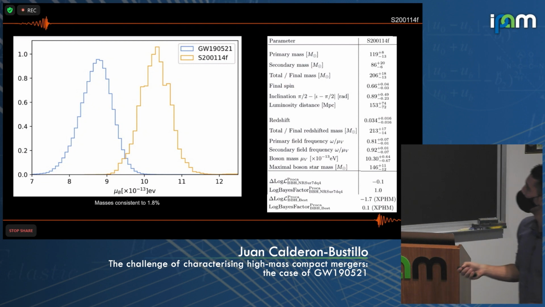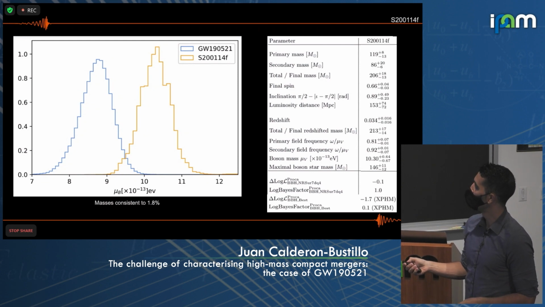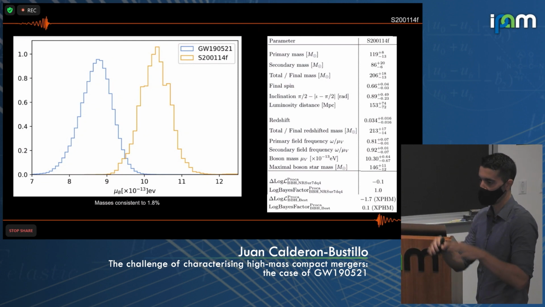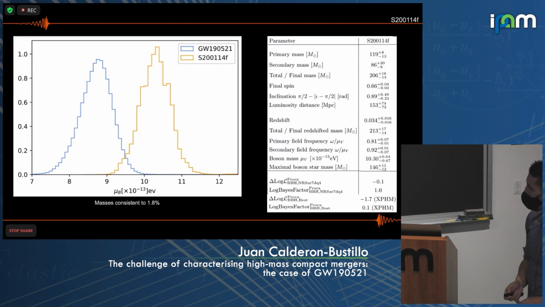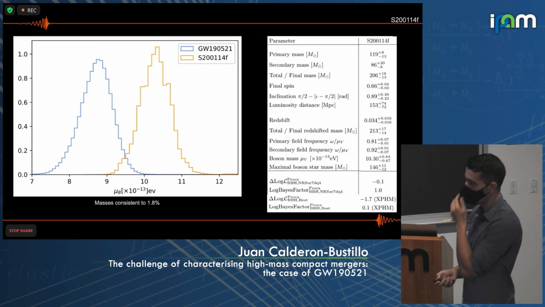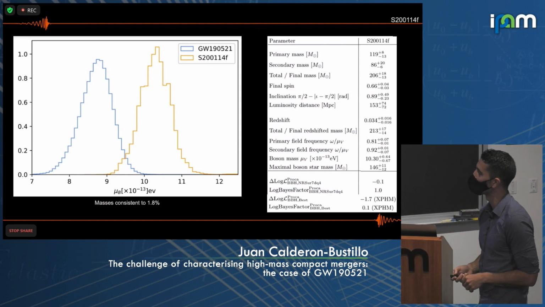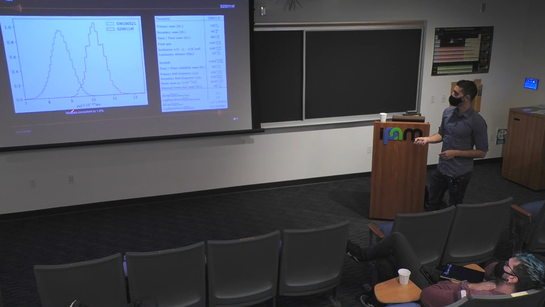So you predict some parameters. Some highlights is that the final spin is very common among LIGO detections. Of course, we only find a reasonably equal mass ratio because that's the limit of our model. It's super nearby, 100 megaparsecs, which means that our distance prior is going to kill this model quite strongly with respect to binary black holes. And we obtain a boson mass that is not fully inconsistent with 190521.